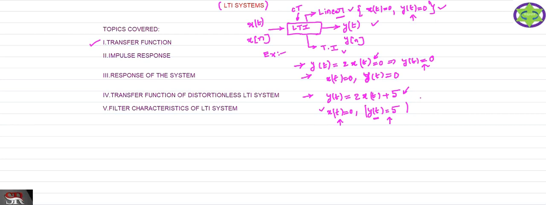So this system is called the non-linear system. So this is a non-linear system. So in practice it is not possible to realize the non-linear systems. The non-linear systems are nothing but it produces the output even before the application of the input. That is called the non-linear system. So non-linear systems we cannot realize in practice. So only we realize the linear systems.